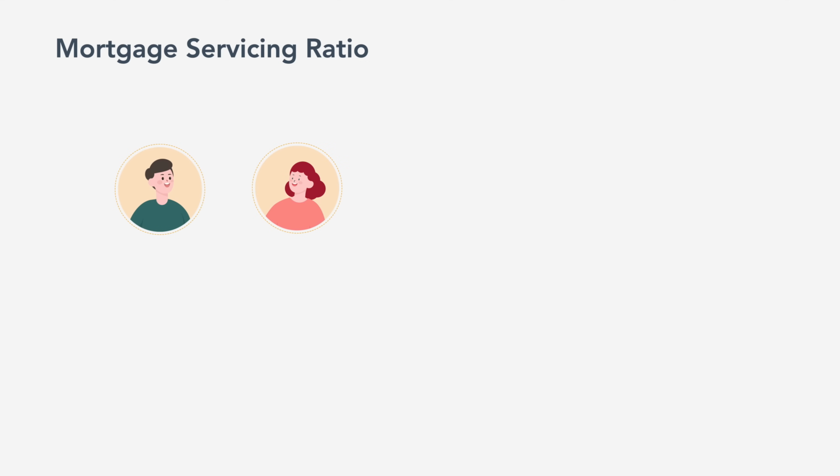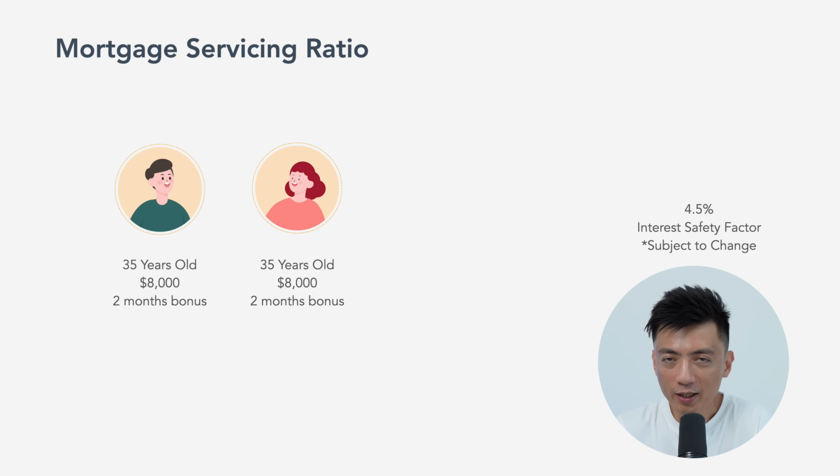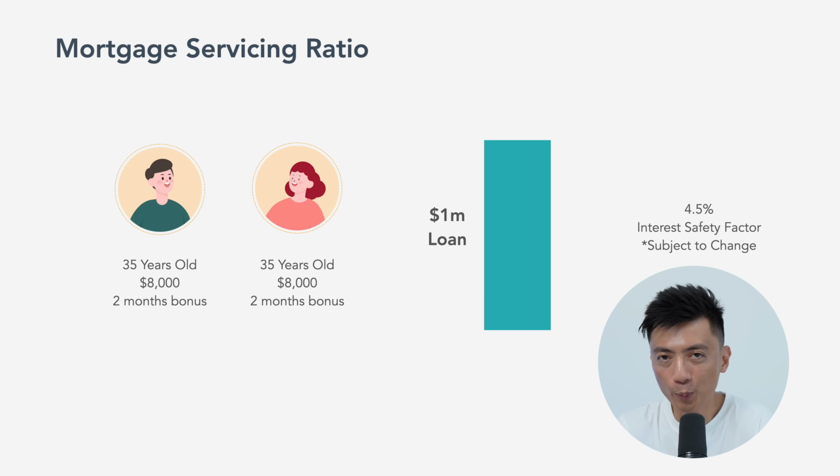Let me illustrate this with an example. Here I have a couple, both aged 35 years old, drawing an income of $8,000 each, with 2 months of bonus for each of them. Assuming a 4.5% interest safety factor, which may be subject to change, under the Mortgage Servicing Ratio Framework, their maximum loan is $1 million. Now keep in mind, this is only for illustrative purposes. For the most accurate loan figure, do always check with your banker,